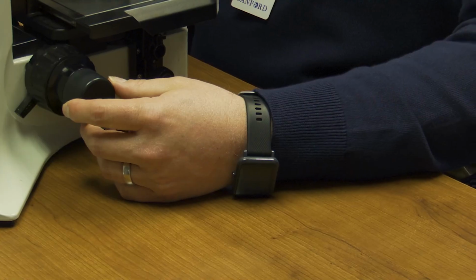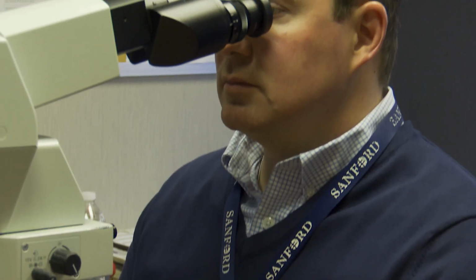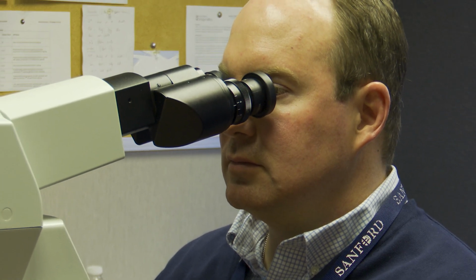We're often referred to as the doctor's doctor. Dr. Douglas Lynch is a hematopathologist for Sanford Medical in Sioux Falls, and his job is to do the tedious work of finding cancer cells or disorders in the blood. I specialize in diagnosing things like leukemia, lymphoma, and other blood disorders, helping figure out why somebody's anemic or why